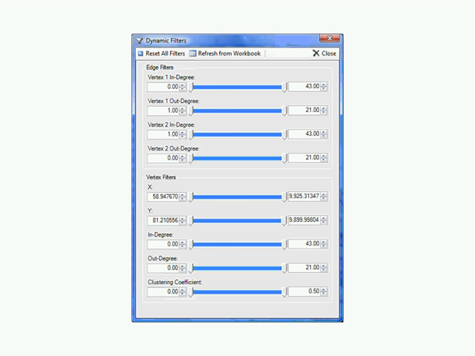But this is the dynamic filters feature, and it allows you to sift and sort your data from the canvas. These are all features that you can implement in a more manual way by changing the nature of the visibility column. The visibility column is, as I mentioned, a very powerful feature of .NetMap.